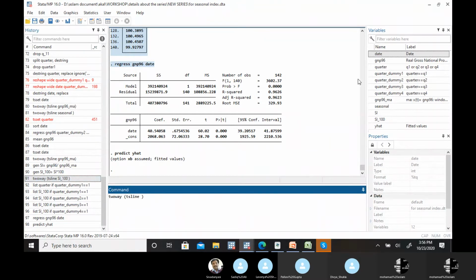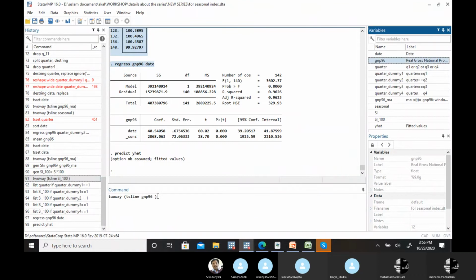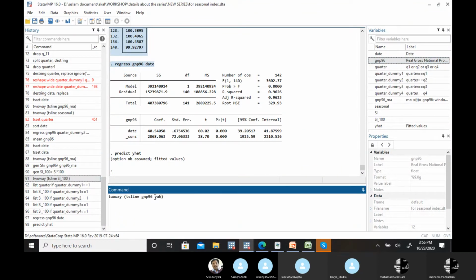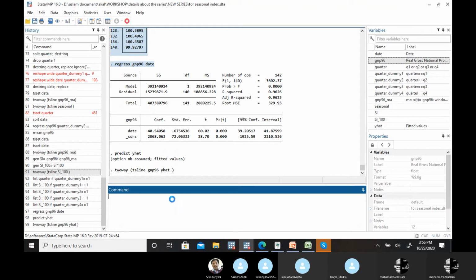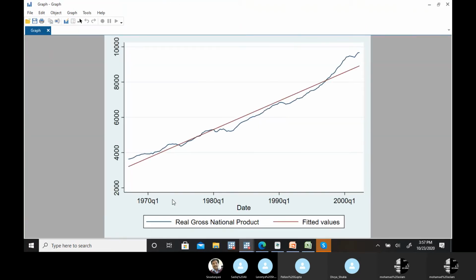Okay, let's see a graph of actual data, y hat. Okay, just two. Let's see these two first. Okay, so this blue one is the actual data, and this red one is the trend.